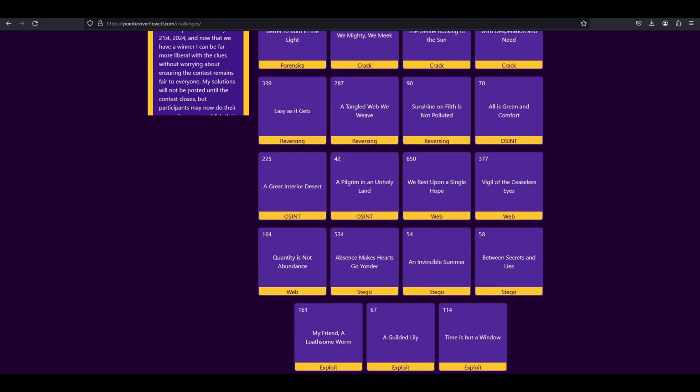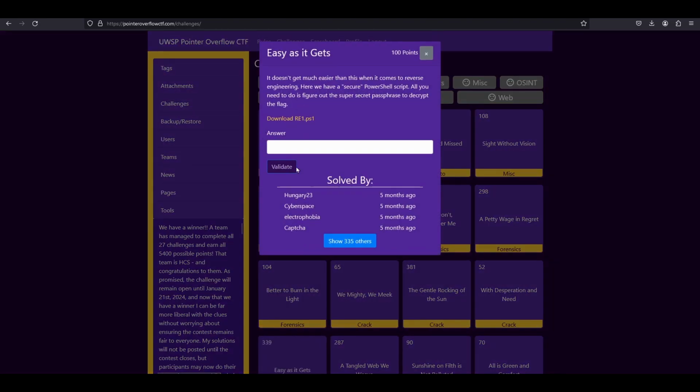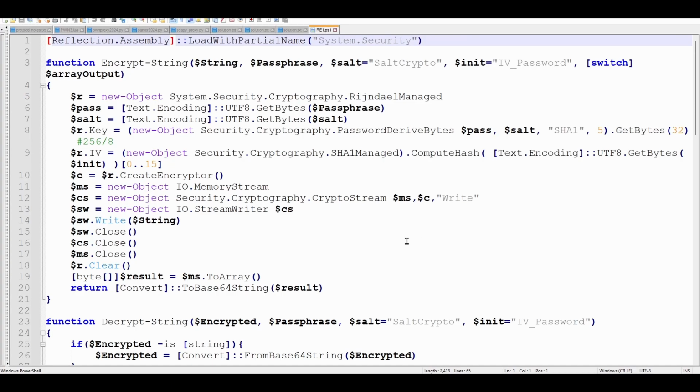Moving right along, our reversing 100 challenge, as easy as it gets, solved by 339 participants. In this one, you have a PS1 file. It doesn't get much easier than this when it comes to reverse engineering. Here we have a secure PowerShell script. All you need to do is figure out the super secret passphrase to decrypt the flag. Here we have our PS1 file,